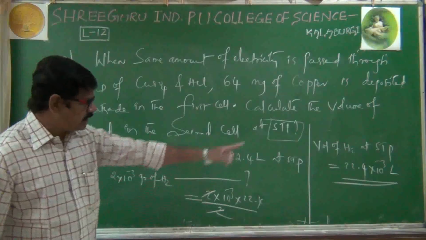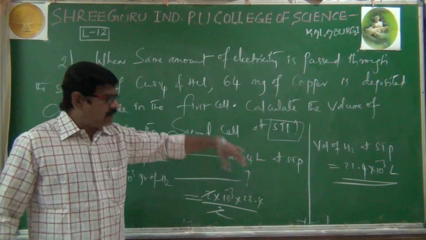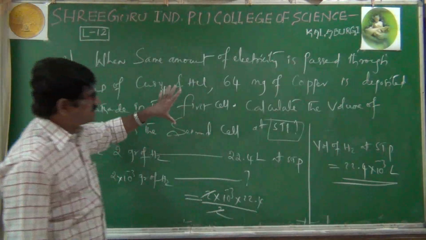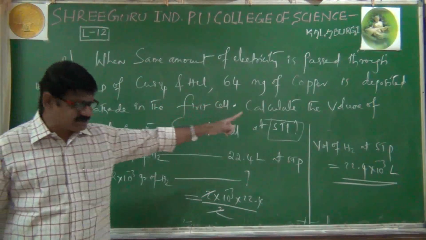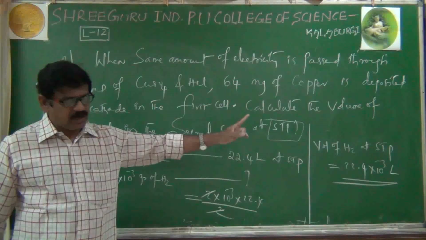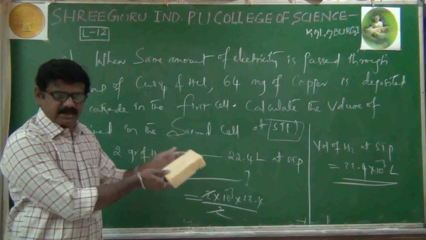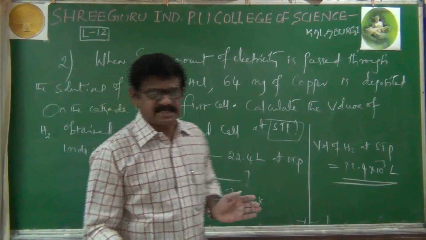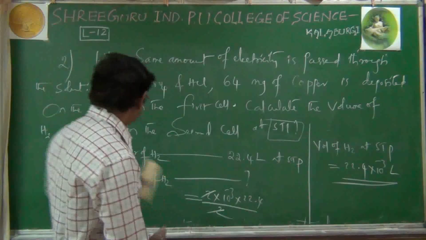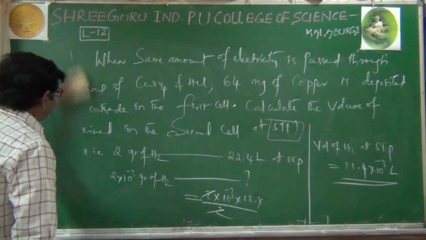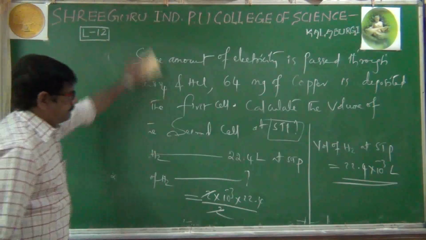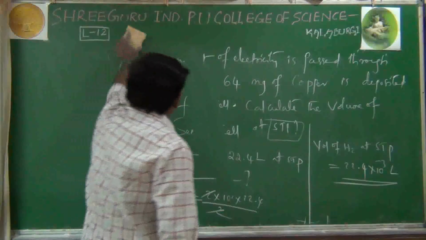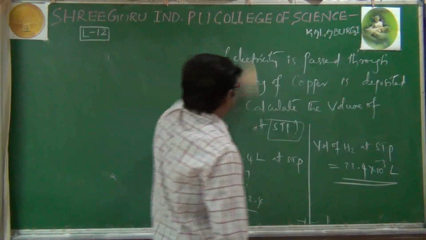Then the same volume we have calculated after getting the mass. This is the method. That's why first you have to understand the question clearly, whether he has asked mass or volume. Whatever it may be, first you have to calculate mass. After getting the mass, we'll just convert into its corresponding volume. That's all. Next question we'll see.